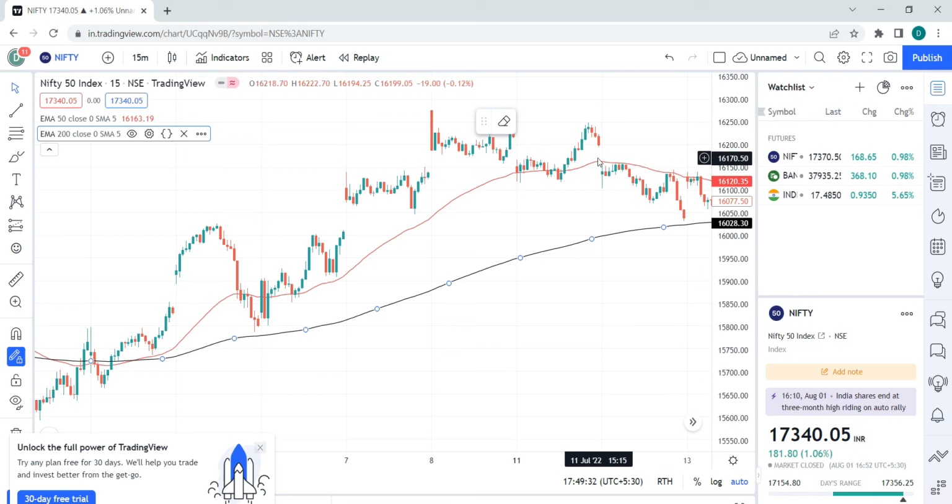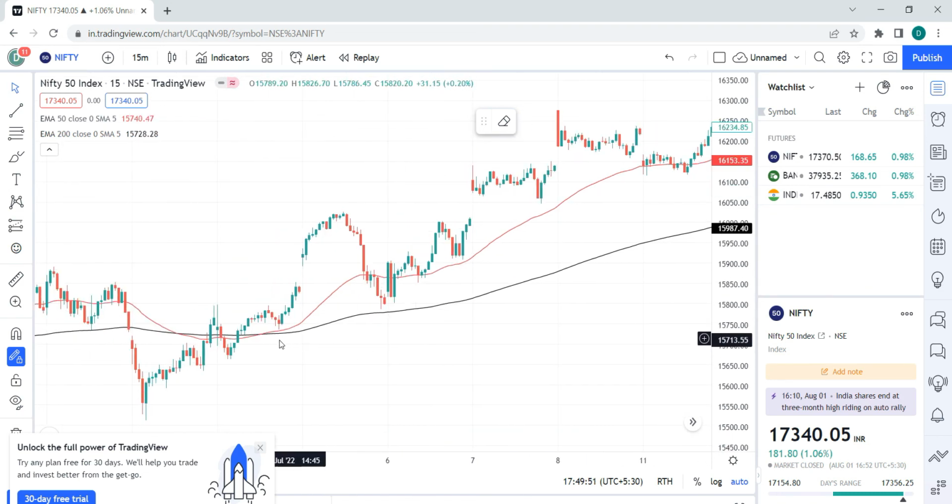If it crossovers below this, you can consider this being a stop loss, and you can exit out of your strategy. So basically, if you are an intraday trader, as I said, you can use the 50-day moving average and take a call on it. Or if you are a positional trader or a swing trader, as I said, you can use this crossover. So if a 50-day moving average is crossing over the 200 moving average from the bottom